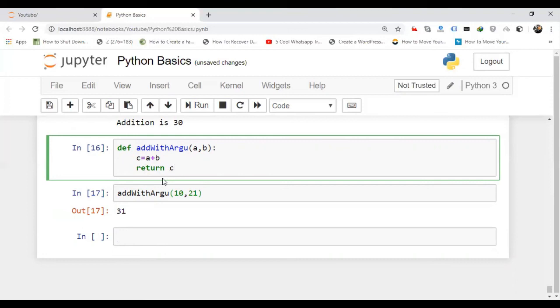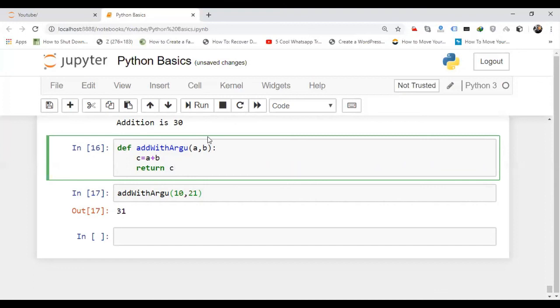Okay. So this is all about the function basically, that how do we make a function, then how do we make function with arguments or without argument. These all are basically the types of function that we use. Okay. So these are the basic things that I had to cover inside the function. Now the basics of Python that I have to cover, that thing is over now.